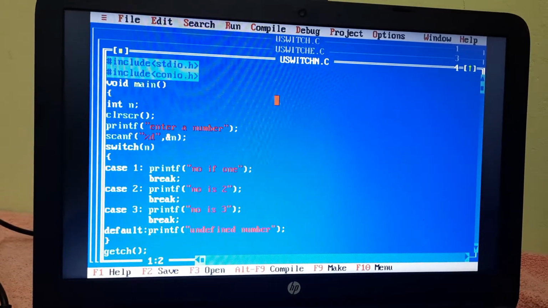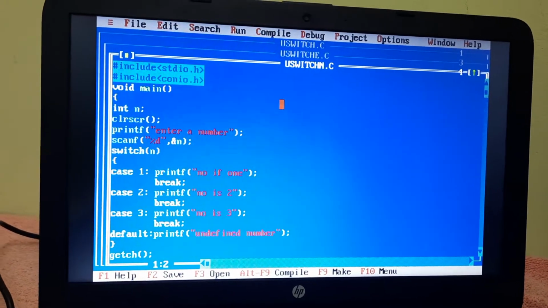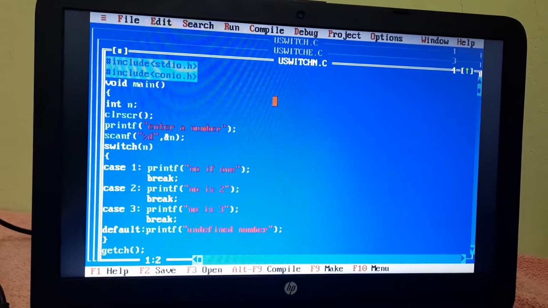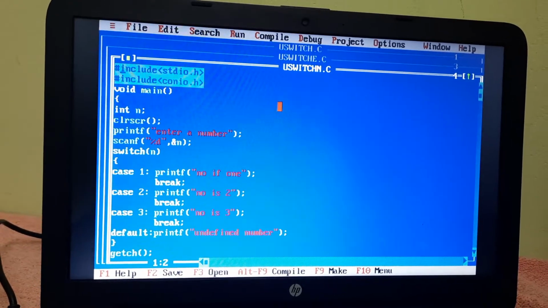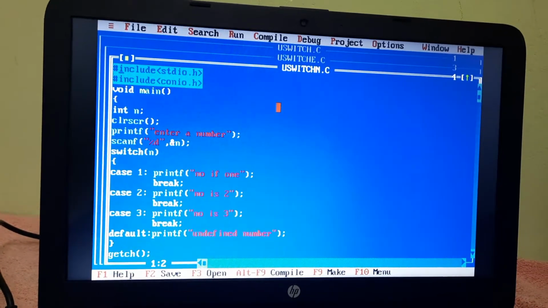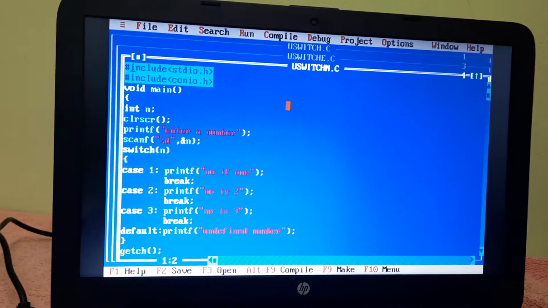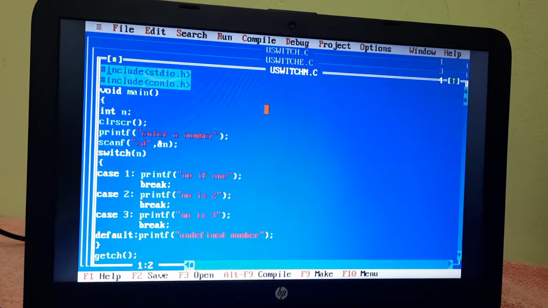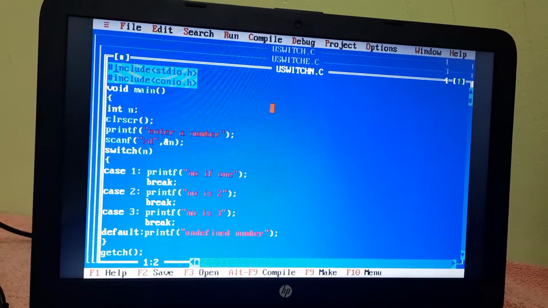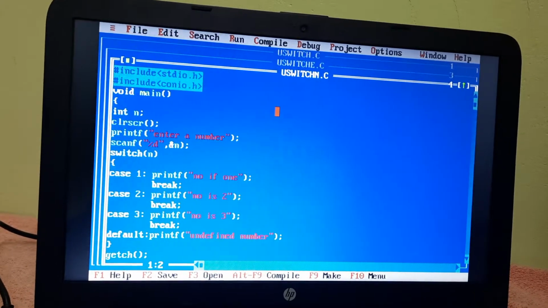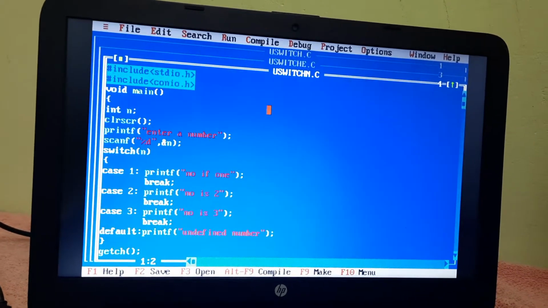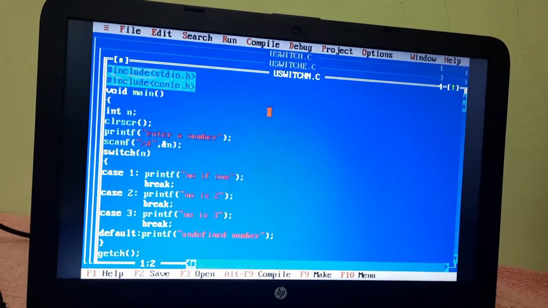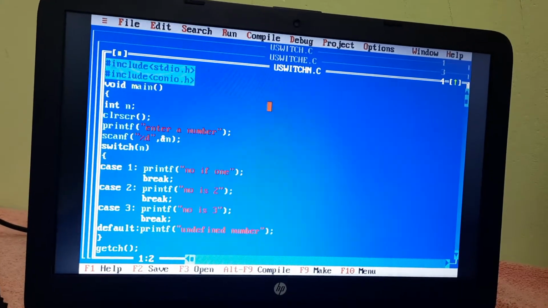Next, I am going to discuss the topic switch. What is the use of switch? It is used for multi-branching purposes. Normally we use an if else if ladder or switch, but the best practice is to use switch, because if the number of conditions is very high and our input value matches nearly the last condition of the if else if ladder, then it will take more execution time.